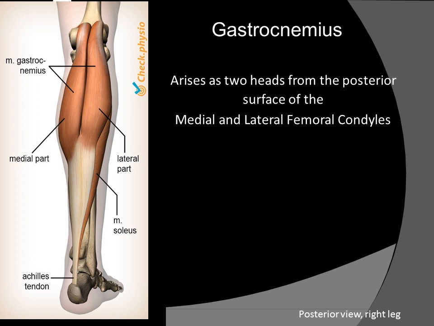Let us discuss the actions of the gastrocnemius. So it is a chief flexor of the foot, the plantar flexor of the foot we can say. So it is helpful for the plantar flexion of the foot. Then it also acts as a flexor of the knee, and it provides rapid movements of the foot during running and jumping. So that is about the origin, insertion, nerve supply and action of gastrocnemius.